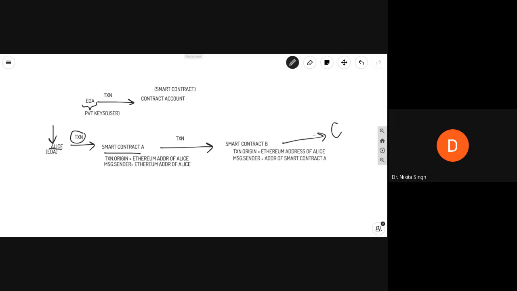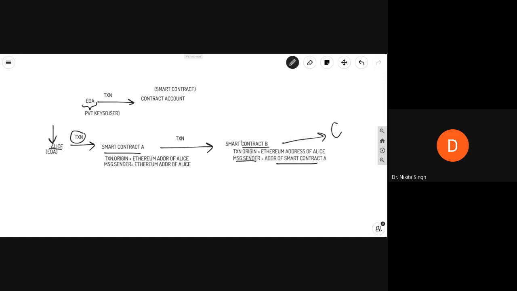But since smart contract C is being initiated by contract B, the message sender will become the address of smart contract B.